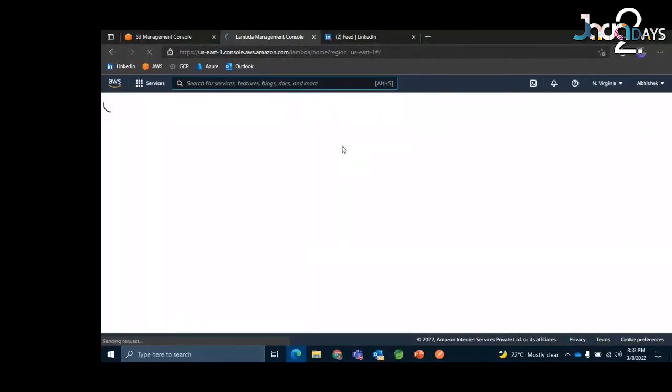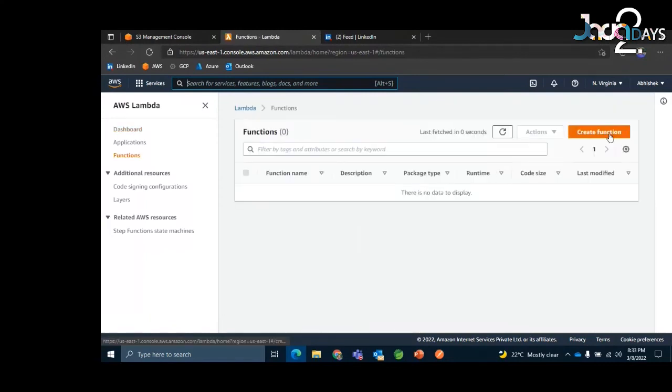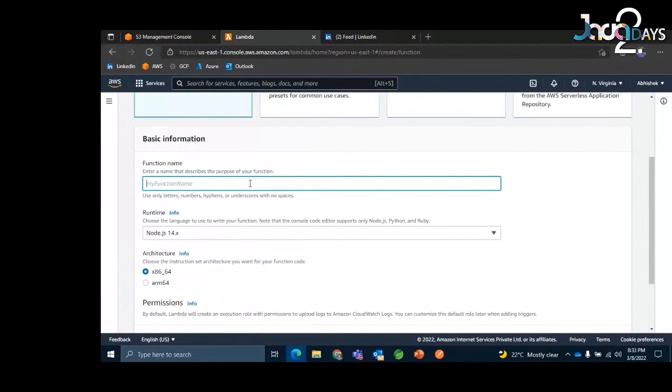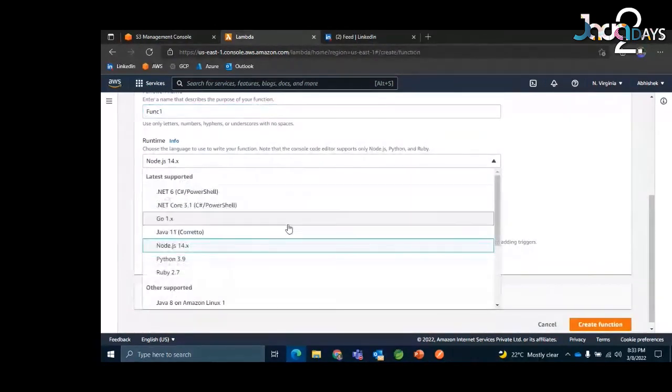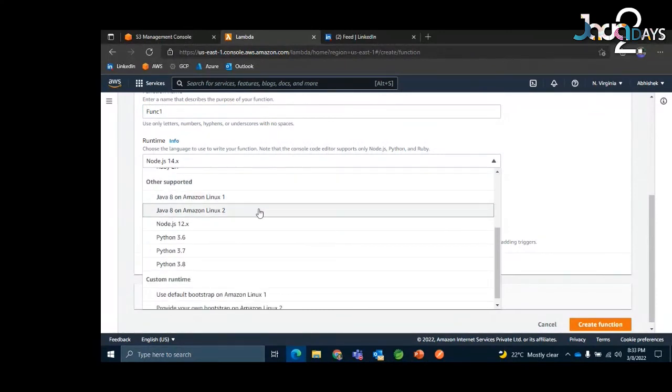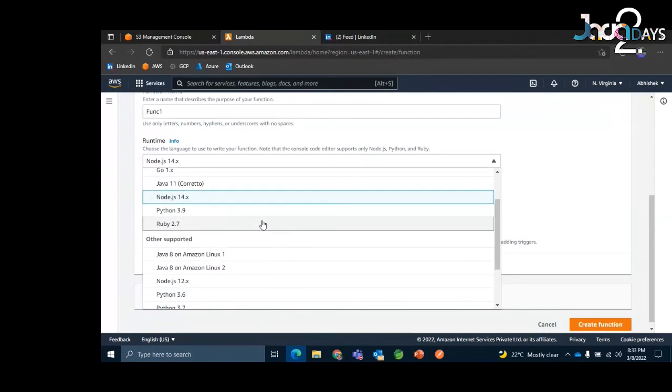So here we go, Lambda. Now I'll create a function here. As I said, everything is going to be a function. You can't deploy the whole application; it will be just one function. So let me call it func1, that is function one. For the runtime, in Java you can say 8 or 11, only two are available.